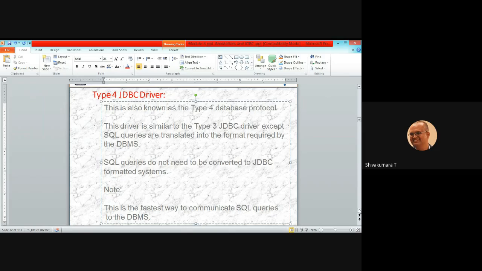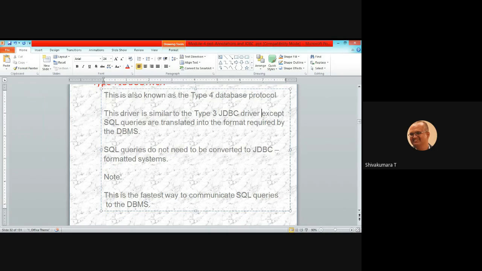So it improves the execution speed. This is the fastest way to communicate SQL queries to the DBMS. But there is a large chance of crashing the application due to improper input from the user side. There are more probable exceptions in this case, because if you use type 3, it tells you that you made a mistake and you correct it.